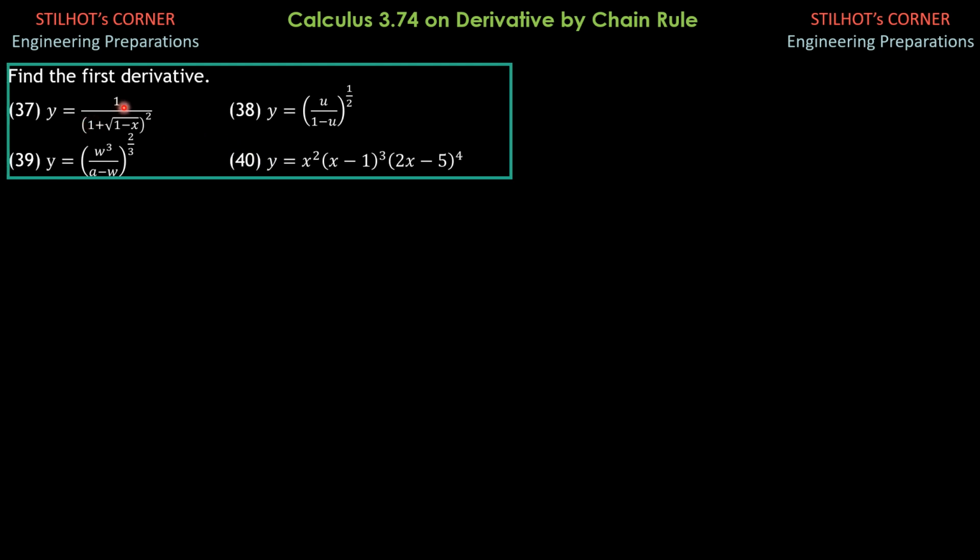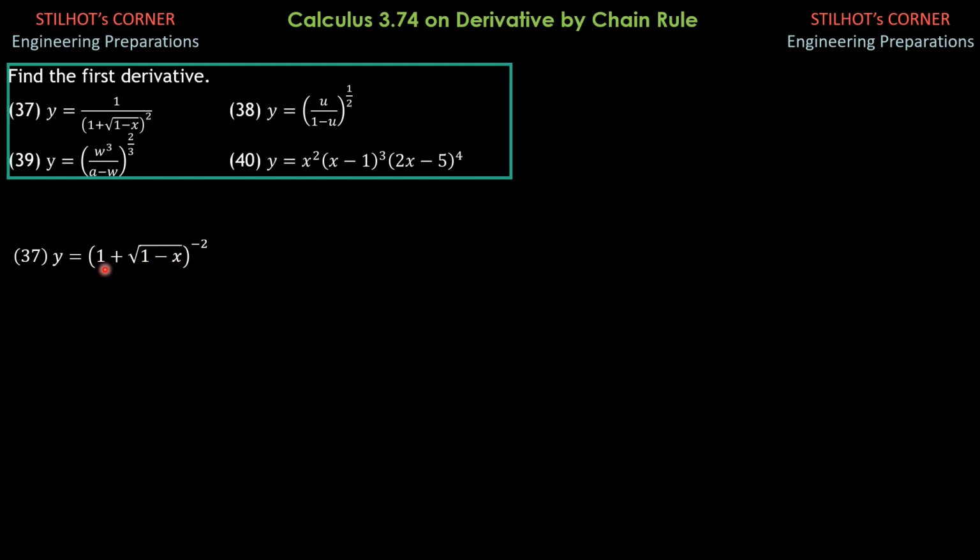Find the first derivative. So we have y equals 1 over quantity 1 plus square root of 1 minus x, close square. So I will transform this, I transfer this denominator into the numerator so that we can apply power formula. So y is equal to quantity 1 plus square root of 1 minus x raised to negative 2. By power formula, the derivative y prime is negative 2, quantity 1 plus square root of 1 minus x raised to negative 3. Then the derivative of square root of 1 minus x is, remember the formula, derivative of 1 minus x in the numerator, which is negative 1, all over 2 square root of 1 minus x.